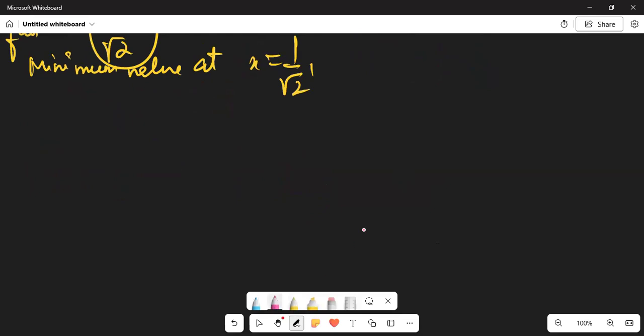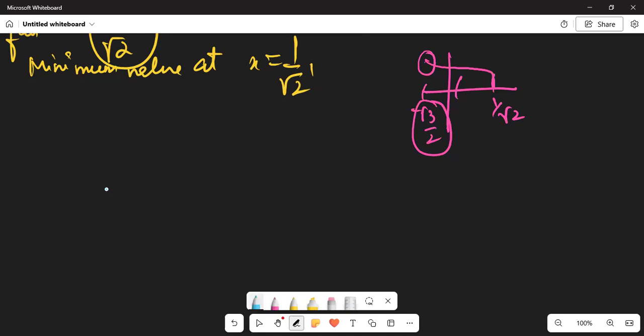Now, at 1 by root 2, the function is attaining its minimum value. That means if we are able to prove that the function is decreasing over this interval, then we are sure that at minus root 3 by 2, the function is attaining the maximum value because as x is increasing, the function is decreasing. Okay, so we just need to prove that the function is a decreasing function, and for that it is enough to show that f prime x or the slope is less than 0 at all the points. So the f prime x is actually